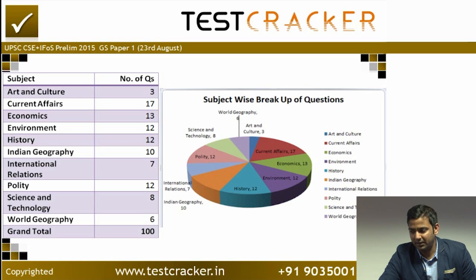And we are seeing, at least in the last 2 years, a shift towards world affairs, world matters. So international relations or international affairs yielded 7 questions. Even world geography had 6 questions this year. So overall, this is the subject wise breakup, as you can see on the screen. Economics was on the expected lines. The kind of questions you expect from economics, the number of questions you expect from economics, they were there.